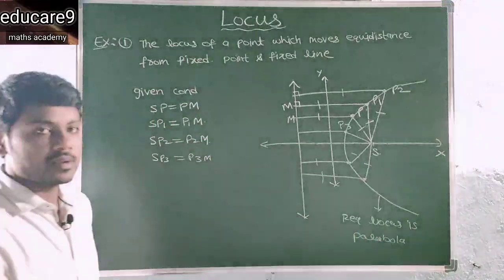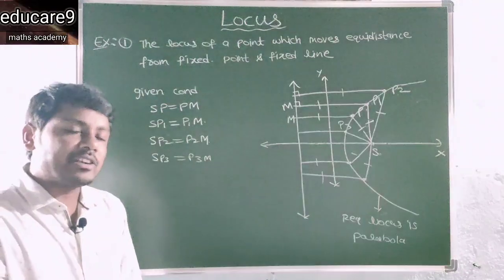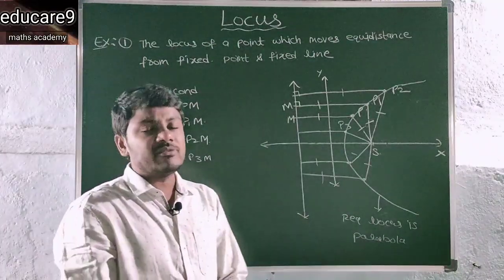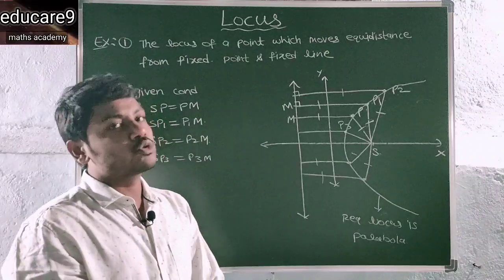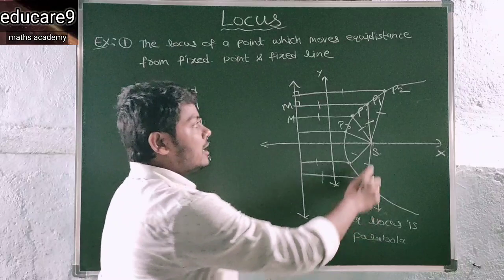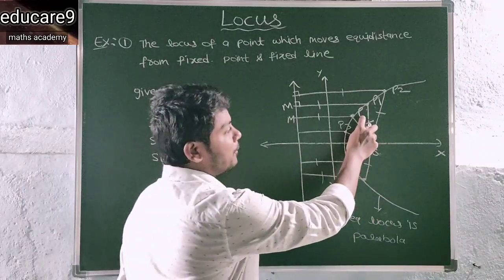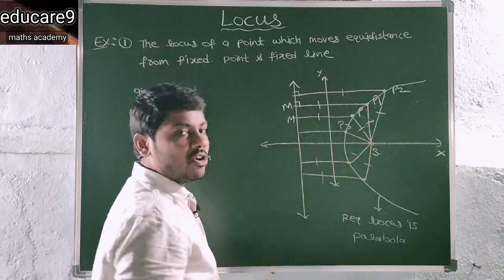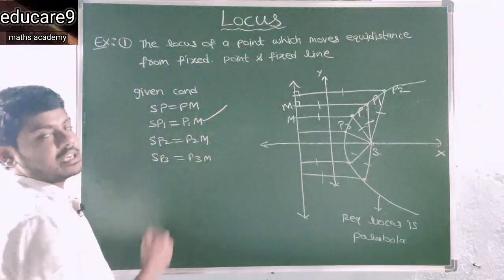Okay. So here what is the locus? Locus is the set of points that satisfy the given geometrical condition. So it involves two steps. So the first one is what? Each and every point on the locus, for example, P1 is a point on the locus. So clearly that P1 satisfies the given geometrical condition.